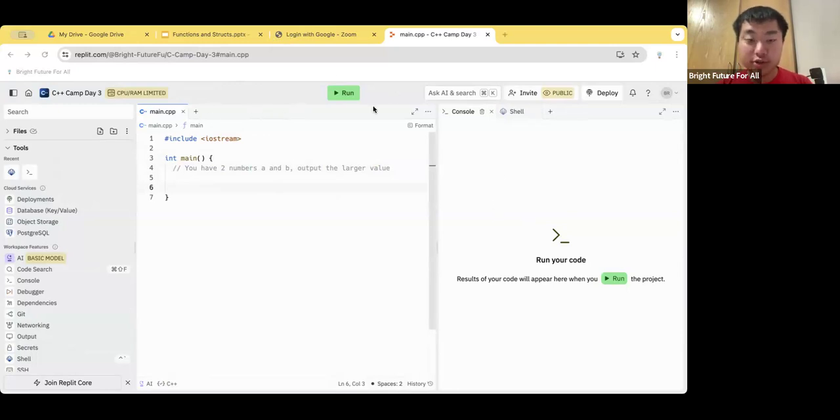Don't worry about functions right now. Just write some code that would